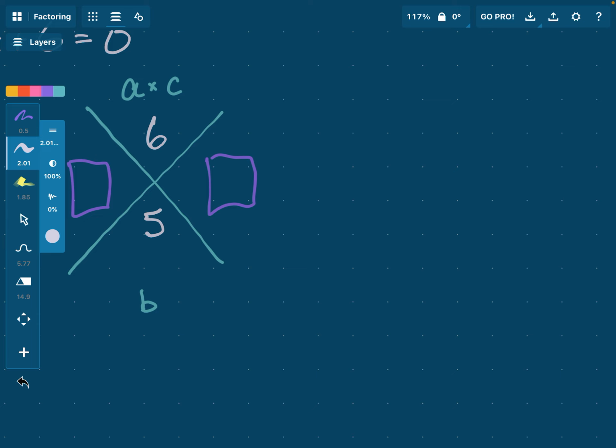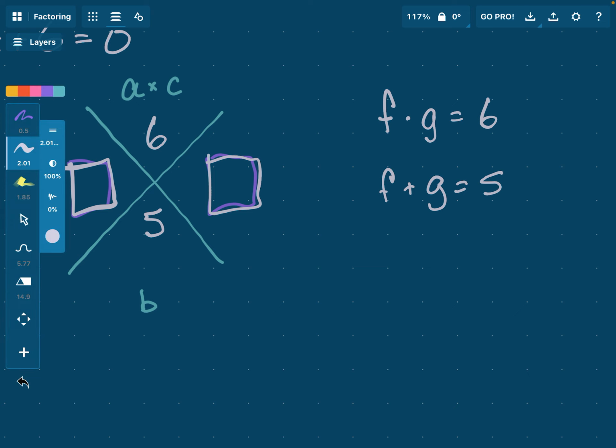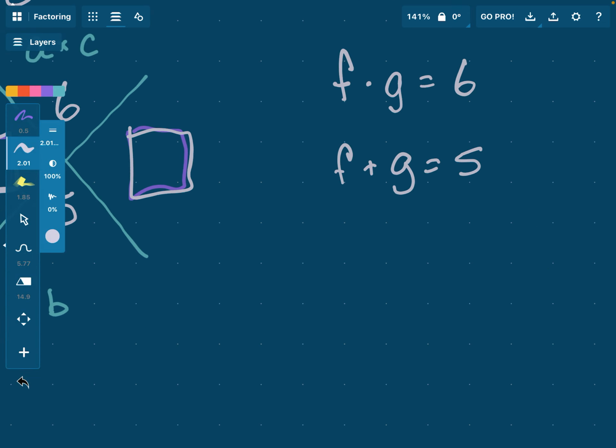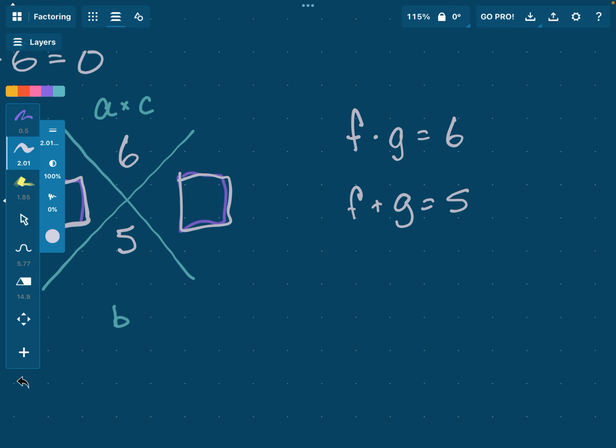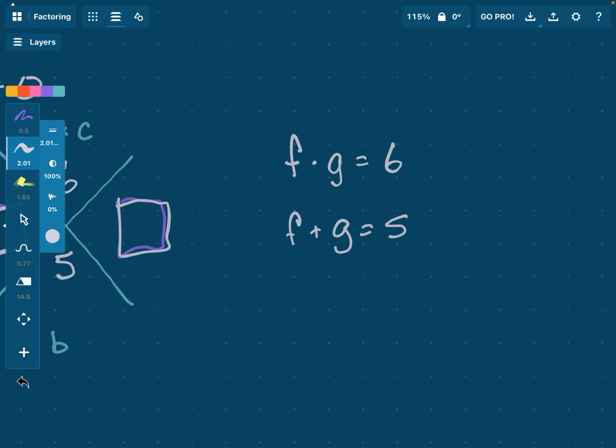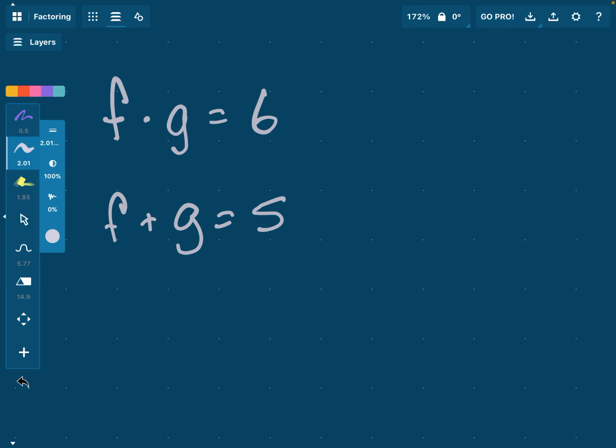So we want two numbers that multiply to 6 but add to 5. Oh my bad, but add to 5, not multiply again. So here I'm just using f and g to represent these two numbers. This isn't really conventional, but I thought it would be good to look at these like this as well. Now if you've done any algebra at all, you would know that we can divide out the g on the top or the f on the top to get something like